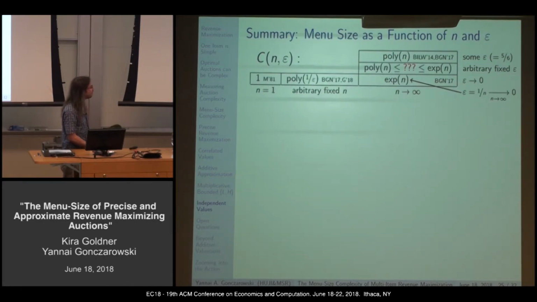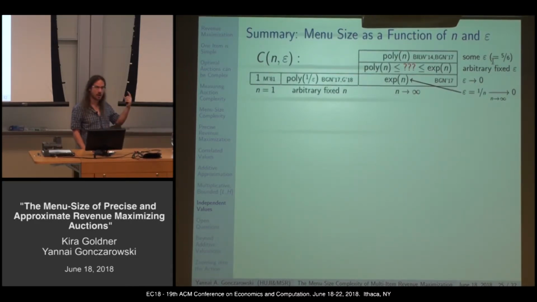So to sum up dependence on n and epsilon, I lost the battery is dead, so for one item we can get precise revenue maximization using one menu entry. For arbitrarily fixed n, the menu size is going to be poly of 1 over epsilon for epsilon approximation. For taking n to infinity and fixing epsilon, for small enough epsilon it is going to be poly in n for